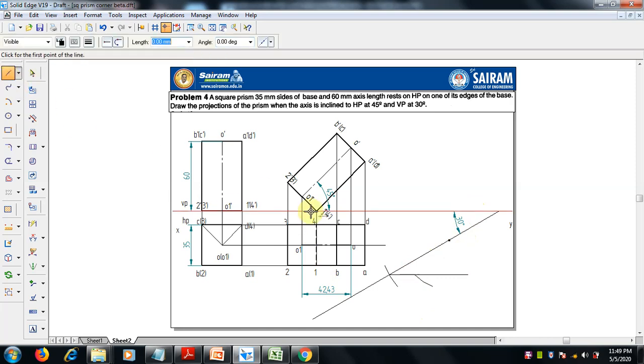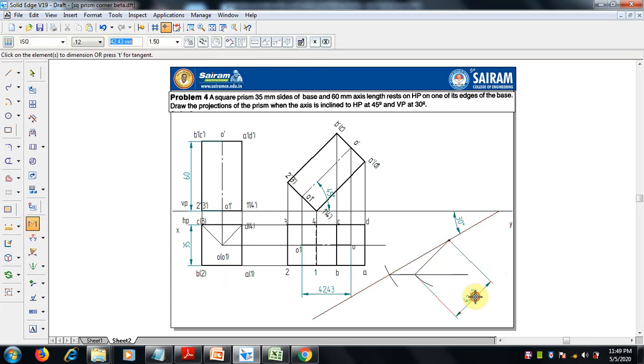So select line, this is the point, and here it is. Now we can check the dimension, 42.43, the dimension is over, and this is to be extended. Okay, this line, this is now what we call O and O1. I can mention O here, and this is the O1. Now we have to keep this on this line. This is very important. We should not draw this at 30 degrees.